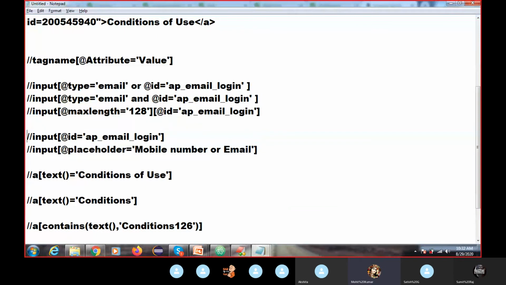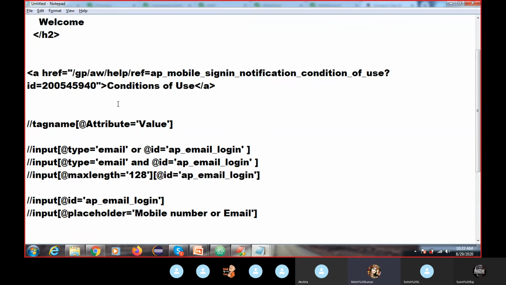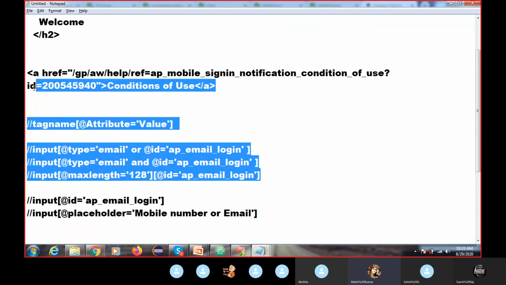In the previous session I did not teach you the OR function, the AND function, and multiple attributes. We have learned only the text function, and if you have an anchor link, then we use the text function or contains function. Okay, does anyone have any doubt here?